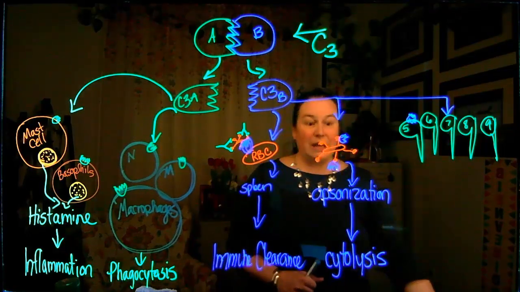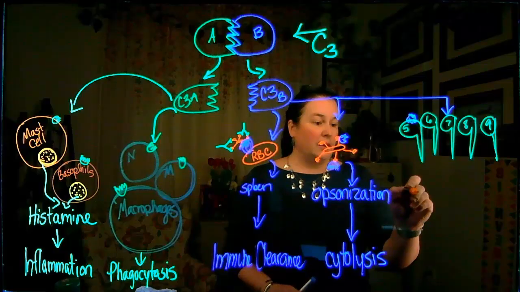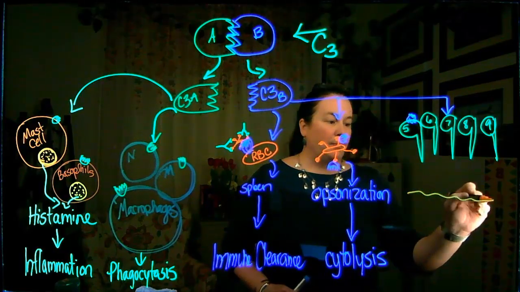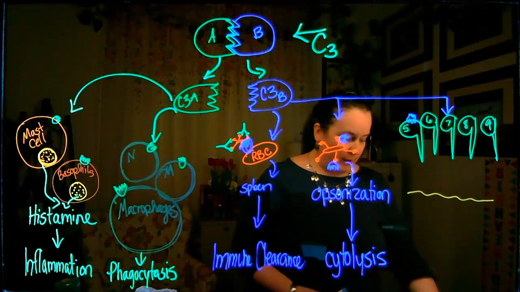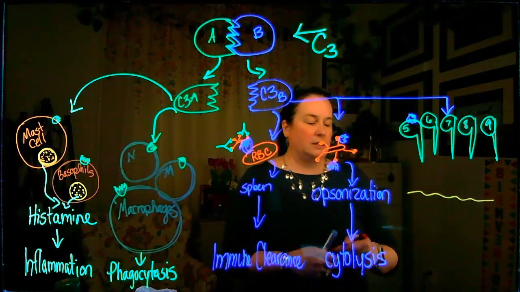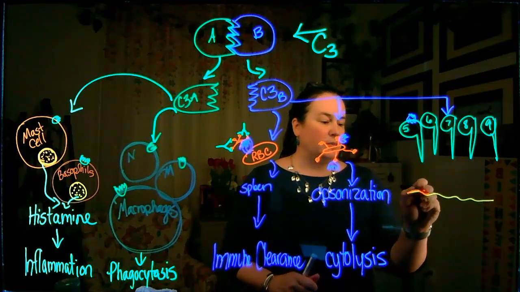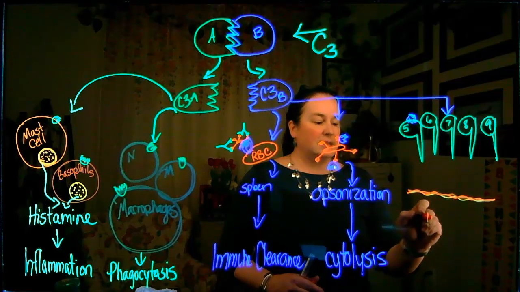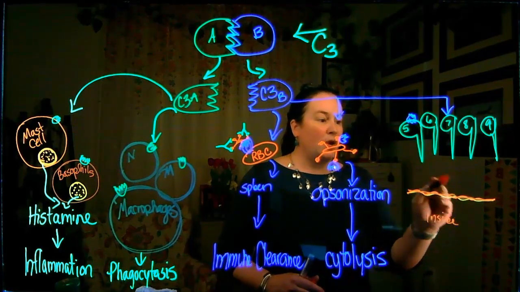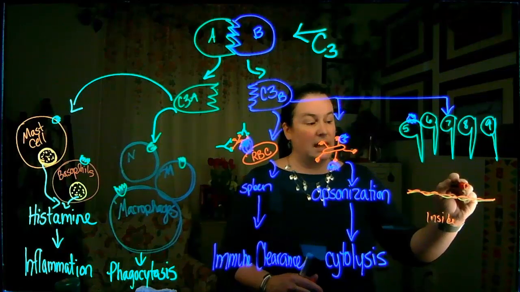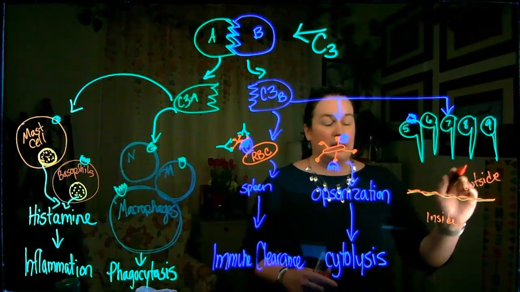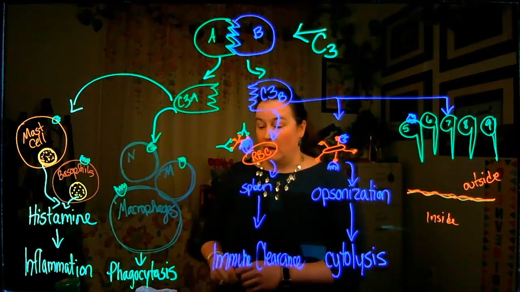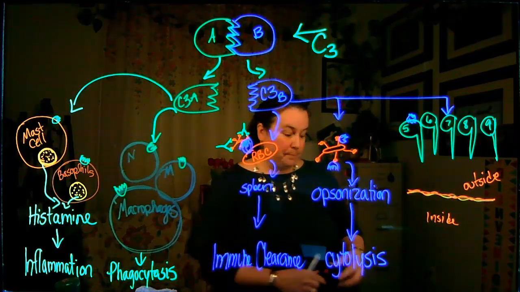So in a plasma membrane of a cell, we're going to look at this from the top of the cell now. I have my plasma membrane of my cell. In fact, maybe we should even make it red, to go along with this red antigen we've been discovering or fighting. So here's the plasma membrane of the cell. And this is the inside of the cell. And the membrane is keeping the inside in, and here is the outside of the cell with the goal of keeping the outside out and the inside in. When complement C3b attaches